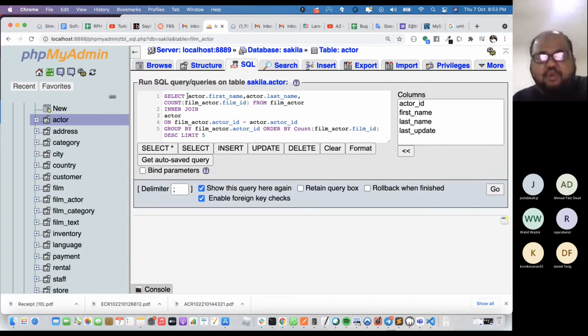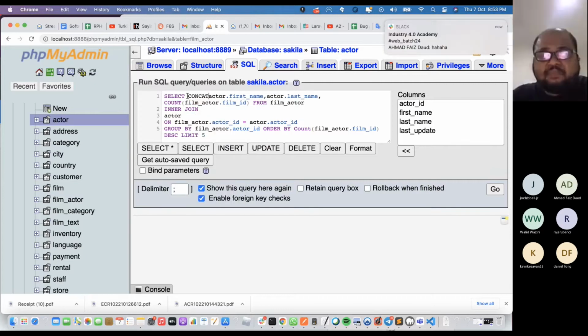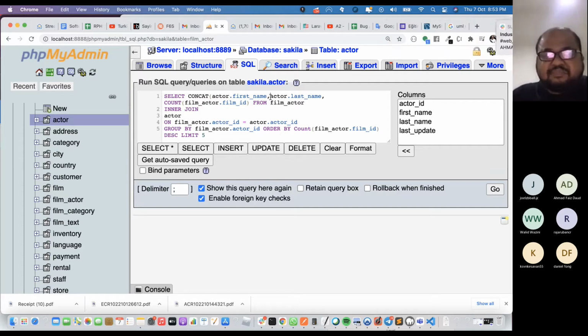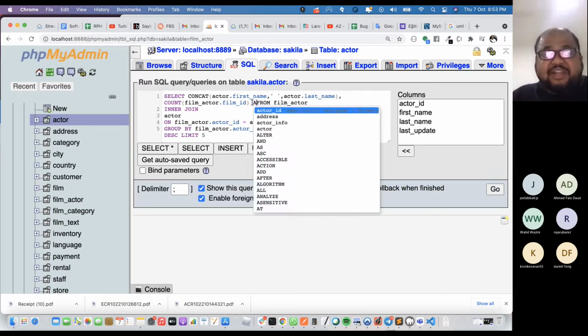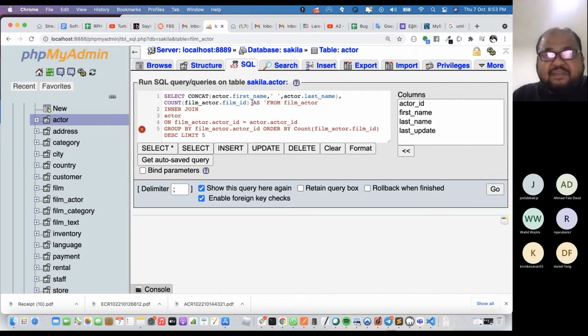Okay. Concat, comma, space. Comma. And then this one, rename it as S. Number of, semicolon. I'm typing with my finger because my hand is sticky from the nuts, Istanbul nuts. Number of